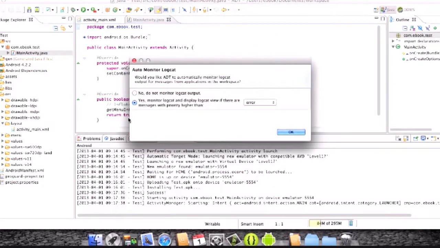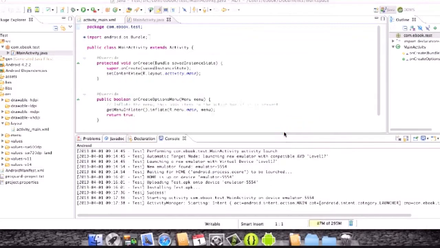So this dialog is asking us if we want to auto-monitor logcat. If you are writing out log statements, it's a good idea to monitor logcat. Sometimes, if you're not writing out log statements, it can be kind of information overload. But you can always go ahead and